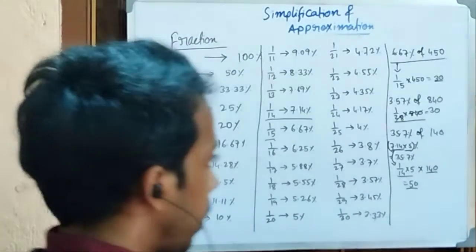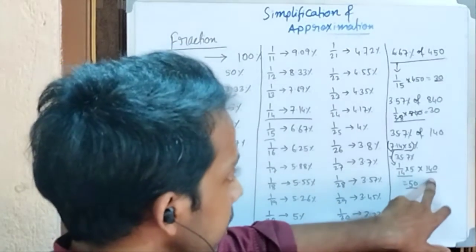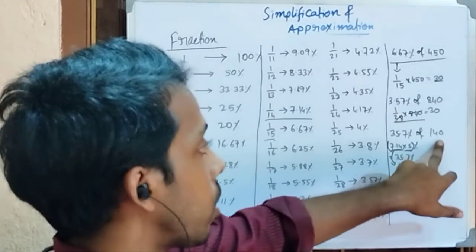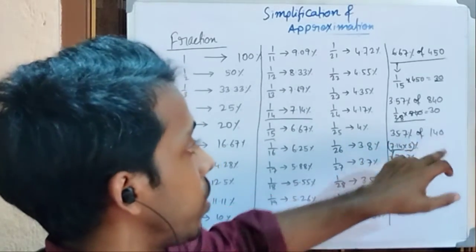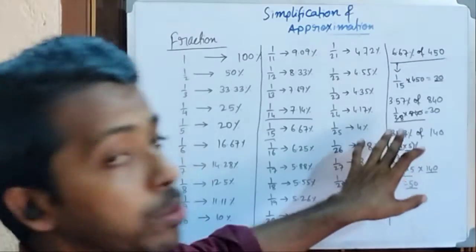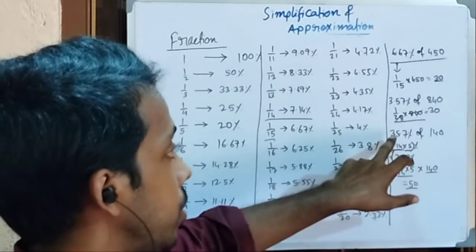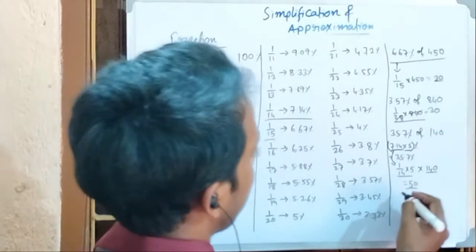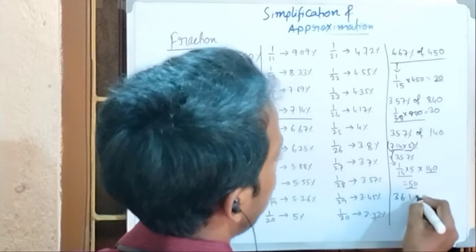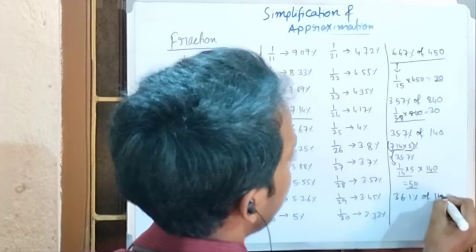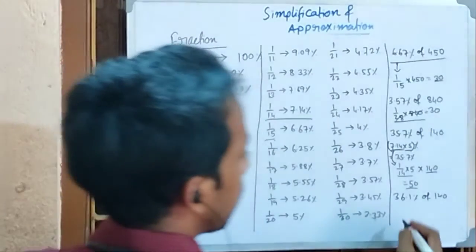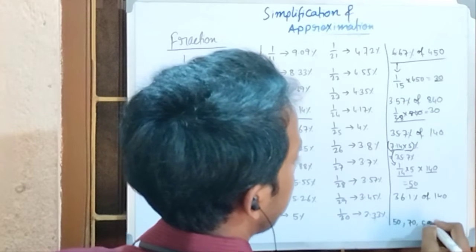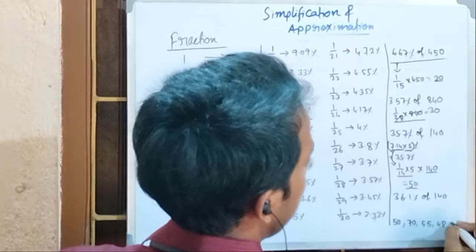So tell me, is it easy or will you go with the traditional method? Definitely not, because 35.7% of 140 at one go would not strike you. Rather, check whose multiplication is given there. It may also happen that 35.7 is not given, but 36.1% of 140 is given, and in the options the answers are 50, 70, 55, 48 and 72.